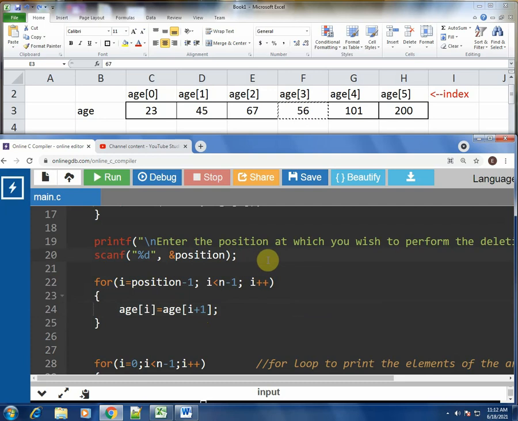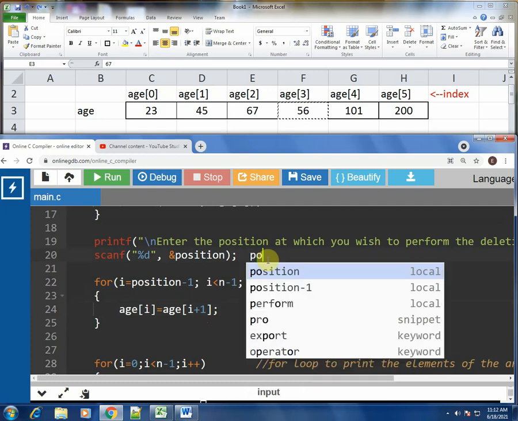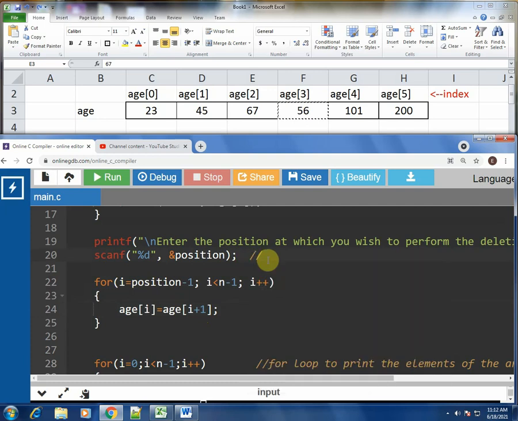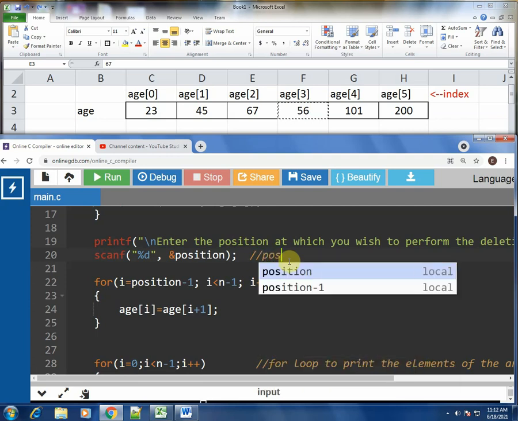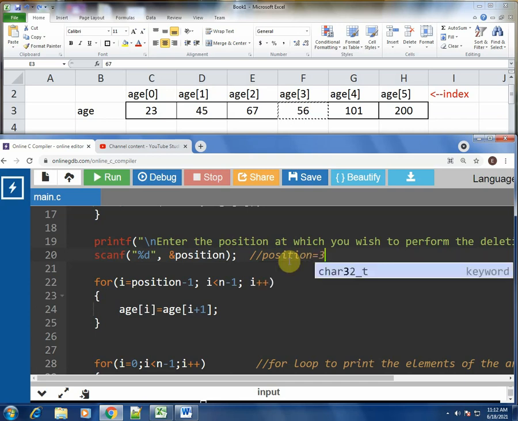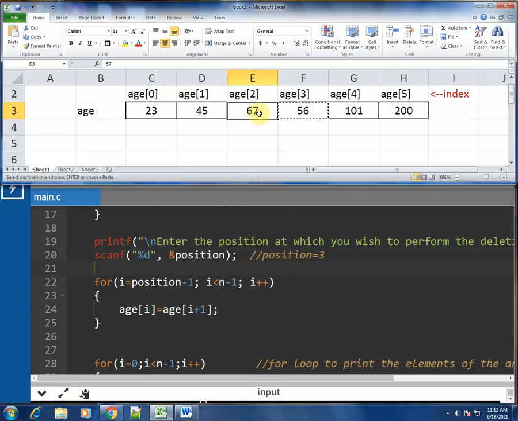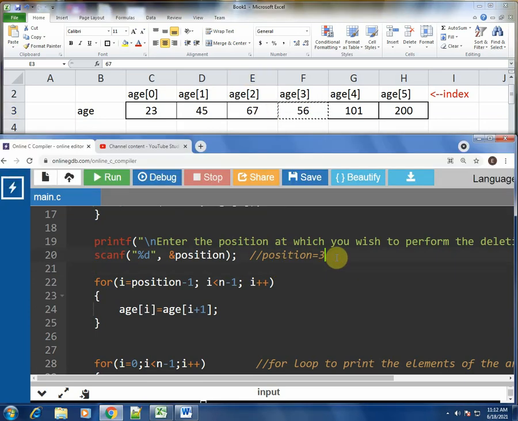Suppose the position entered by the user was 3, which means the user wants to delete 67 in our example. I'll write comments down here. How will this for loop work? The first time, i will be equal to position minus 1.